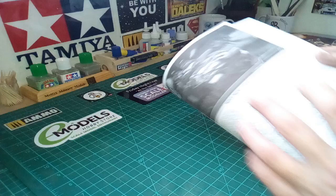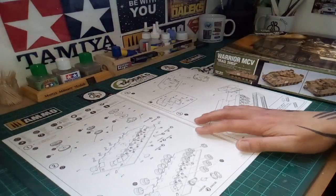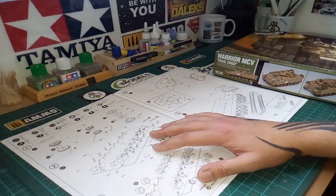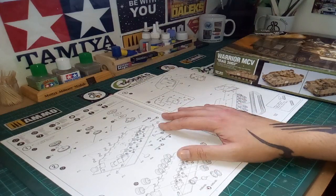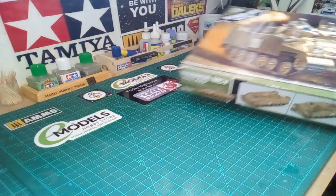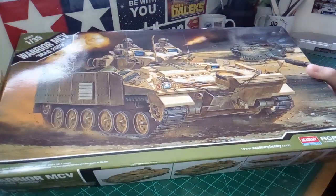Which hopefully I might do some today. I'm not feeling particularly great, so I might not. But we start on the lower hull next, and then build through. This is going to be a bit of a challenge because it's going to be my first time painting UN